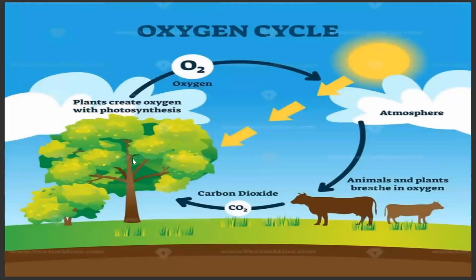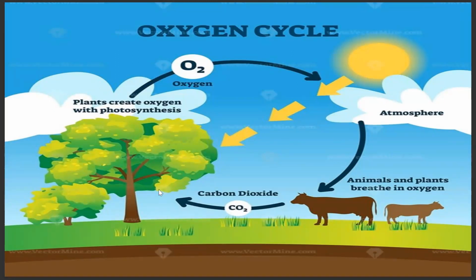So here is a diagram for the oxygen cycle. We can see here the exchange of gases. The atmosphere, containing oxygen, will be inhaled by animals, including us humans, for respiration, and we exhale carbon dioxide. And this carbon dioxide will be utilized by the plants through photosynthesis to produce oxygen as the byproduct, because its main product is glucose or carbohydrate, and the cycle continues.